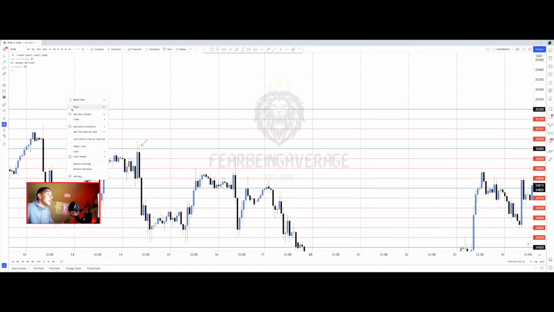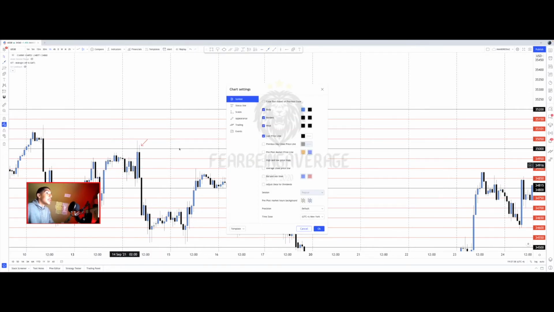Mind you, like I said, if you're not looking at the wicks, look at the bodies of the candle. Because if I take the wick off, you can see price traded close to this 35,000 level, then had an immediate push to the downside. So like I said, say you wanted to get into a trade up here, you could have had your stop